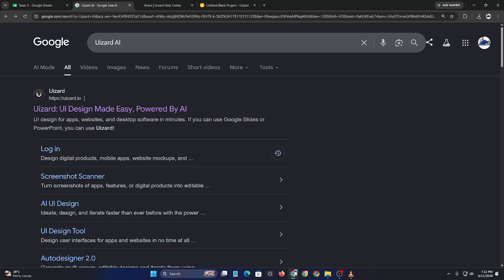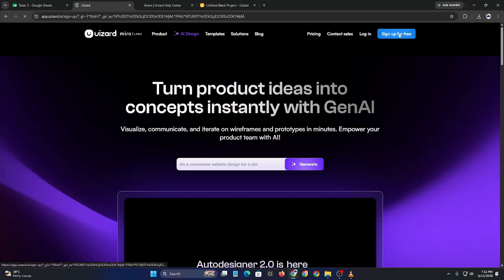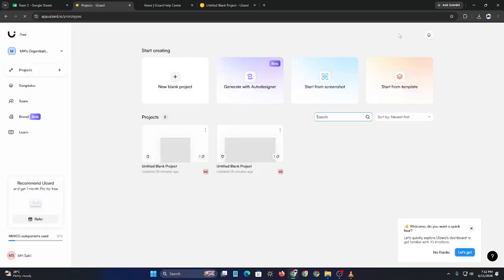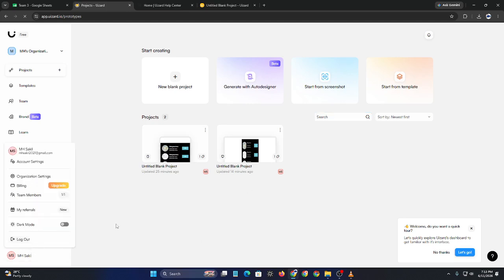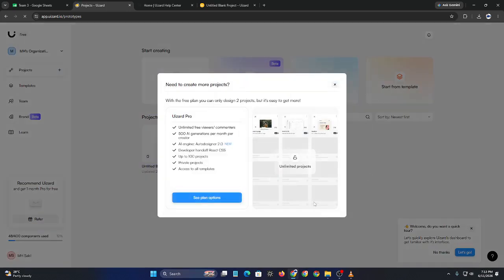its features in 2026. First, visit the Uizard website and create a free account using your email address, Google account, or another available sign-in method. Once you're logged in, you'll have access to the Uizard dashboard. From the dashboard, you can create a new project and start designing apps, websites, wireframes, prototypes, and user interfaces directly